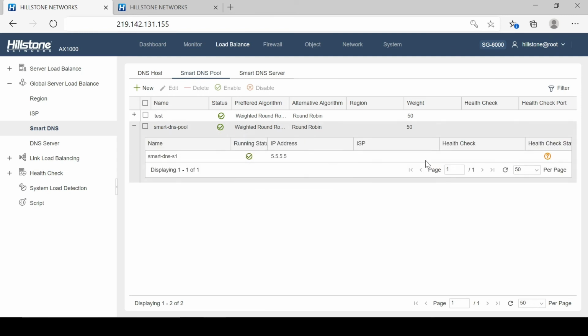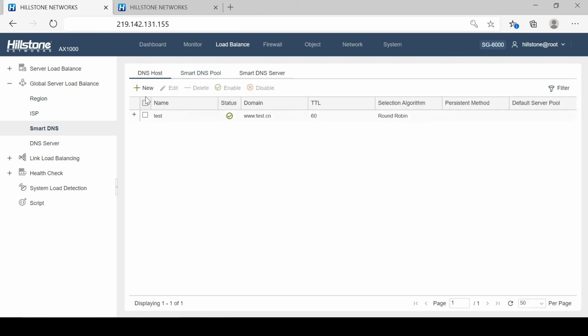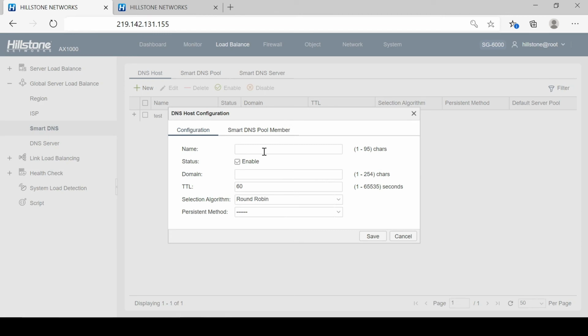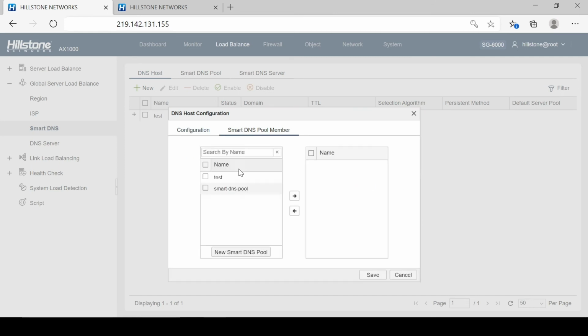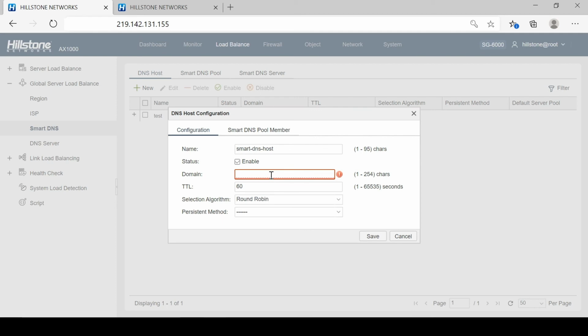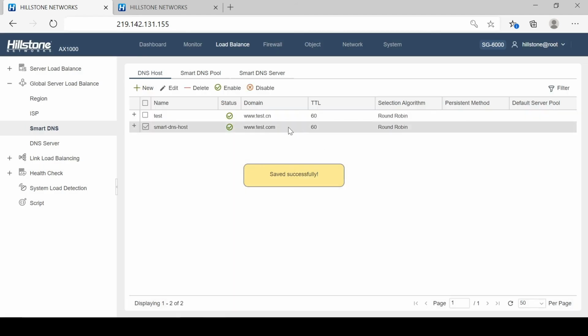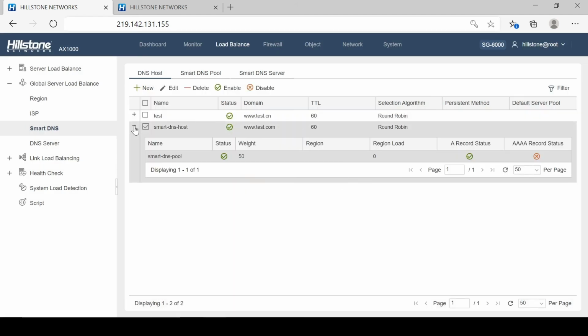Expand the plus sign, and now we can view the Smart DNS server status. Then configure a DNS host, choose the Smart DNS pool member we just created. We just finished the configuration of a Smart DNS.